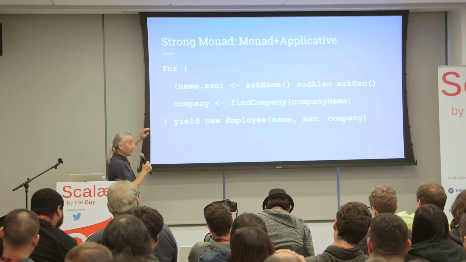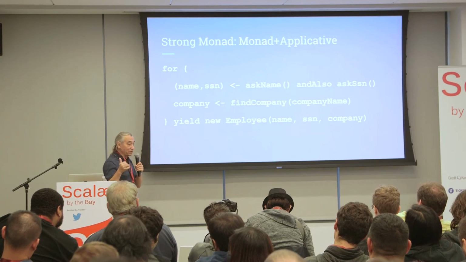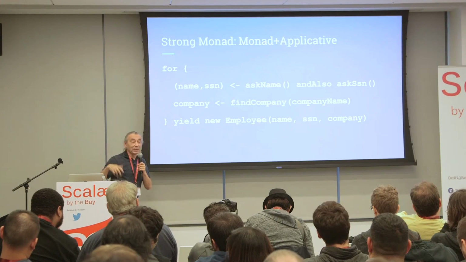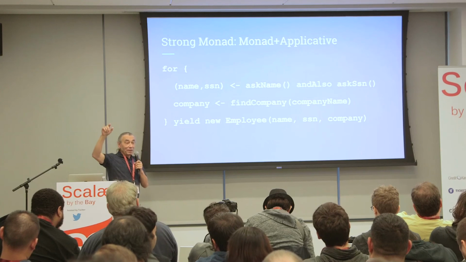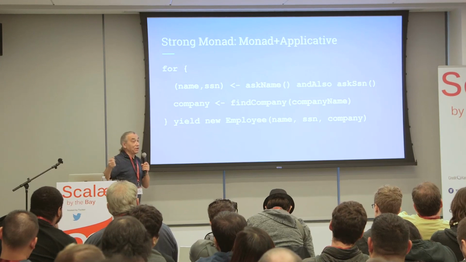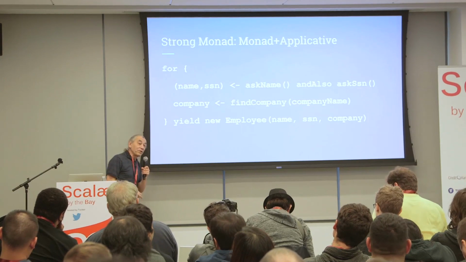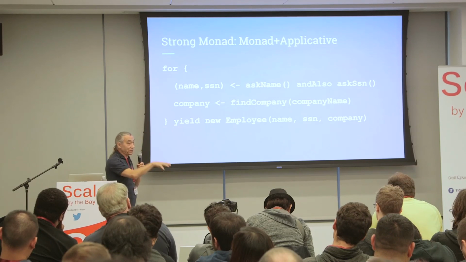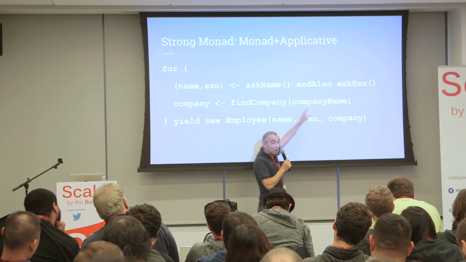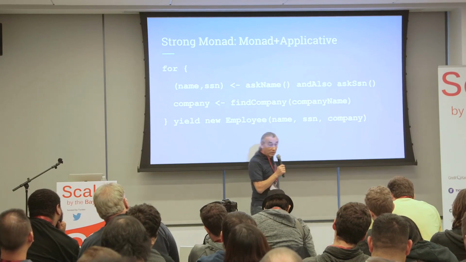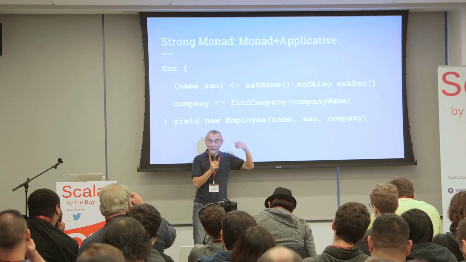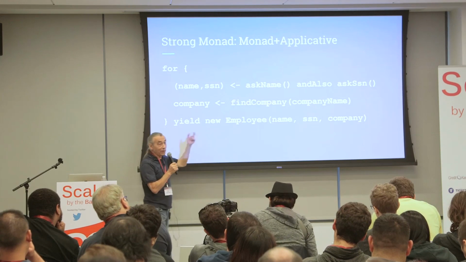All these things can be listed because we have a class called result. So result is either good with the value, or maybe some values, or it can be bad with the list of failures. Those failures actually also contain stack trace. So if you are really curious about what's going on, you can dump stack trace of all these errors that happen. So instead of just ask name and ask SSN, we have a bunch of these things. Also, we can have a list of these. We've tried to get value number 1, value number 2, and so on,